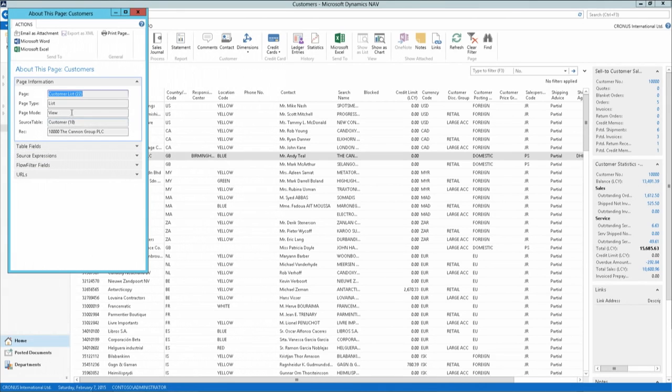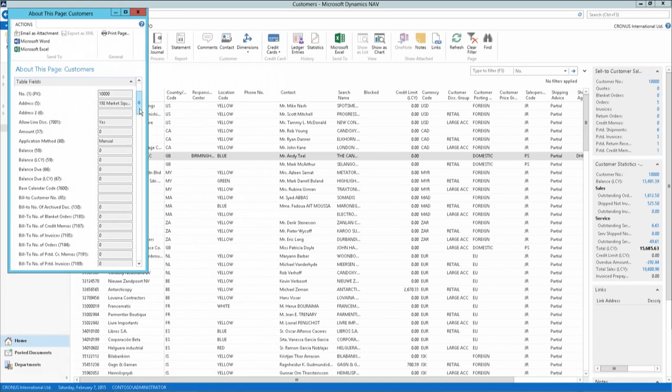Also very useful, I think, is that by zooming, you can also see the page number. So especially for IT professionals or application consultants, they sometimes want to know the page number of a specific page. Well, just zoom on the page and you can see the page number. And then if I now expand the table fields, there you go, you can see now, and as you can